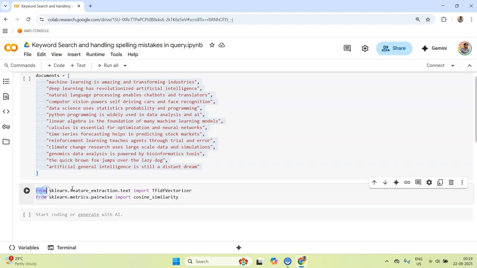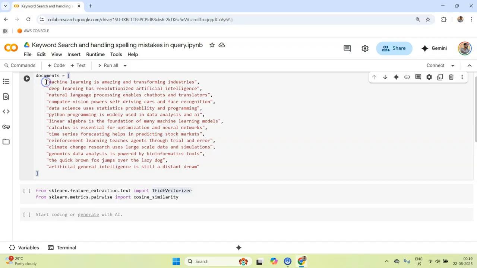And then I've imported two functions. One is a class and another is a function for computing cosine similarity, and one is doing vectorization. Now, just a little bit of introduction of the TF-IDF based vectorizer. The way it works is you take your document and you vectorize it in the form of term count, term frequency, and it is not stopping there. It also adjusts those frequencies based on how rare or how frequent those words are.